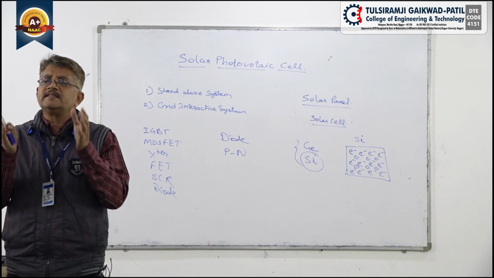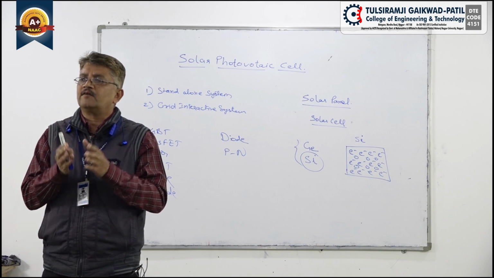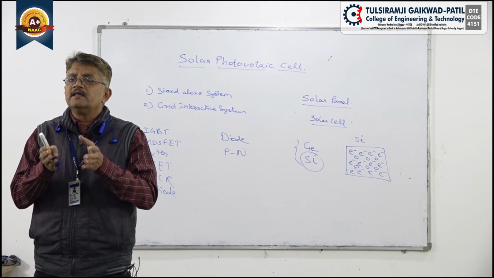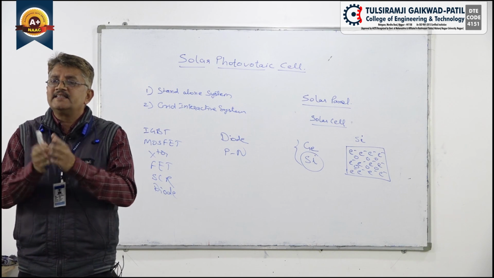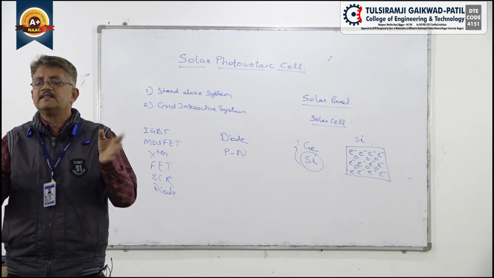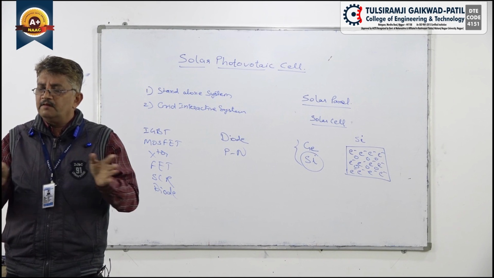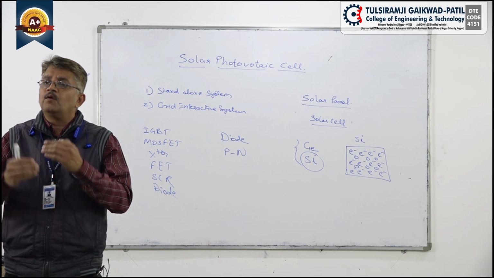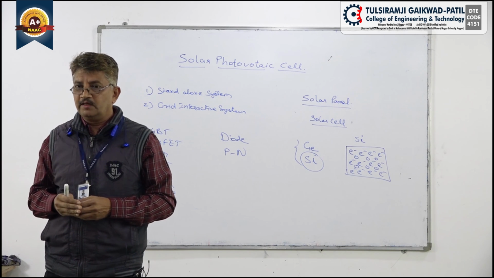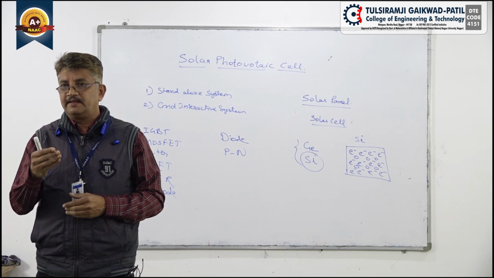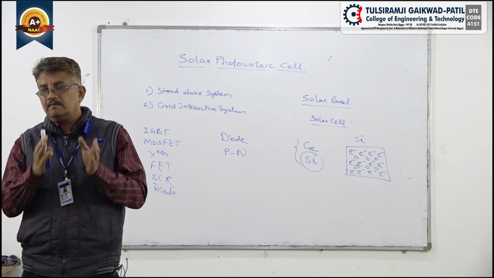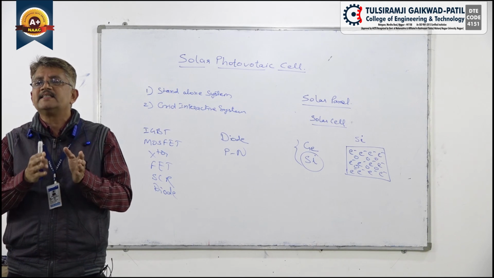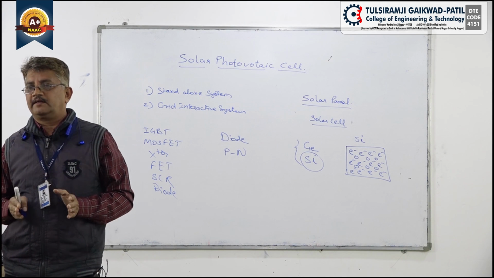So when you are considering the concentration of holes and electrons equal, then naturally when the recombination takes place, their existence is not there. Once they have recombined, there will be no electron, no hole, only energy will get dissipated. But as far as current is concerned, we have to consider that there should be a flow of electrons.